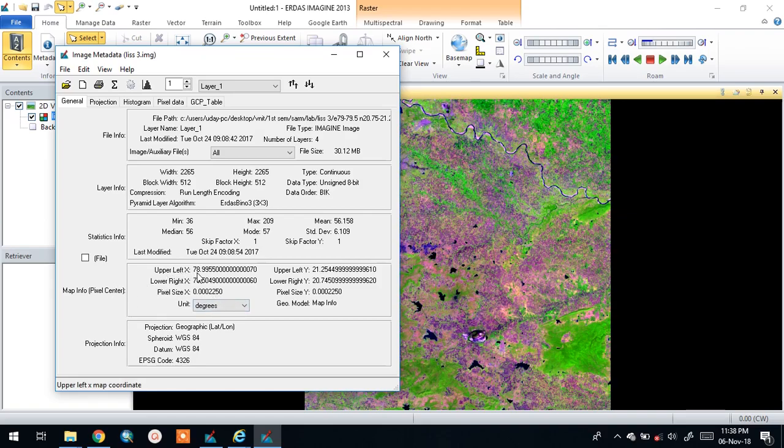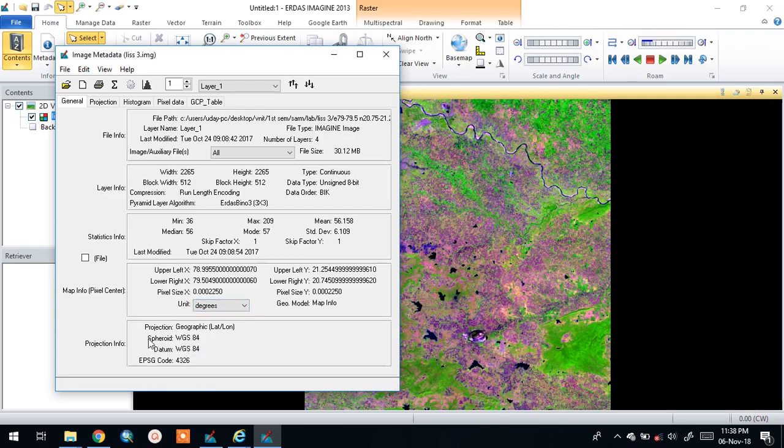the upper left x coordinate and lower right x coordinate, upper left and lower right y coordinates. These are the latitude and longitudes of the image, and if you see, it is approximately 79 degrees east to 79.5 degrees east, and also 20.75 to 21.25. It is a 0.5 by 0.5 degree image, and here the unit is degree.